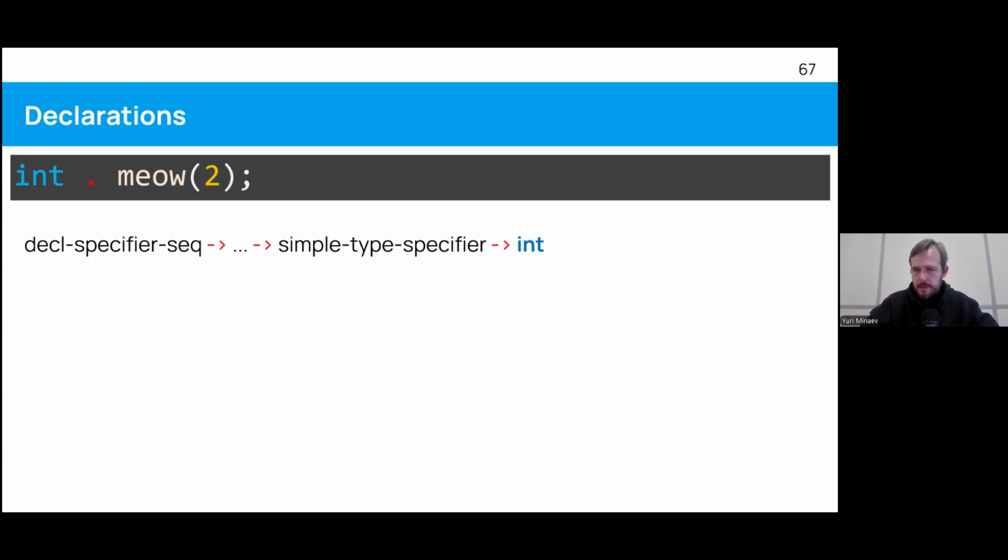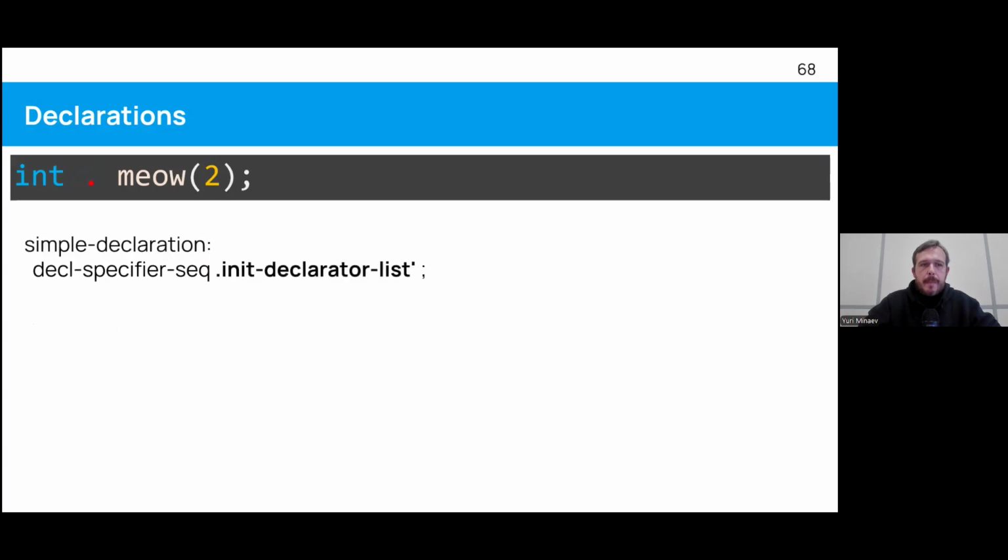Again, it's a simple type specifier, which is not simple grammatically. All right. Now, next we have an init declarator list, which is an optional production. So in a declaration, we can have just the type name and a semicolon. So that's a valid declaration. Int semicolon is a valid declaration. It doesn't declare anything, but grammatically it's correct. Glenn, by the way, will tell you that it doesn't declare anything.